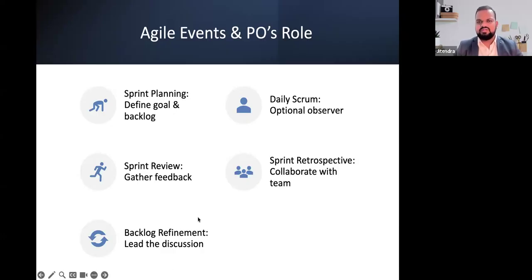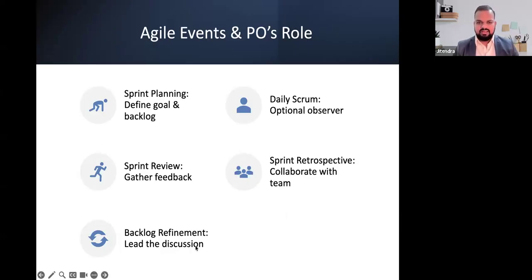Then we have the sprint review meeting. There, the PO's job is to gather feedback. Now think about this: the sprint review is not for you to give the review. You are already aware of those features or requirements, you have already seen them. You have invited your stakeholders, and you are going to gather feedback on what your customers and stakeholders are looking for. Retrospective is not as important for you. I will facilitate it, but yes, you can also participate as a Scrum team member.